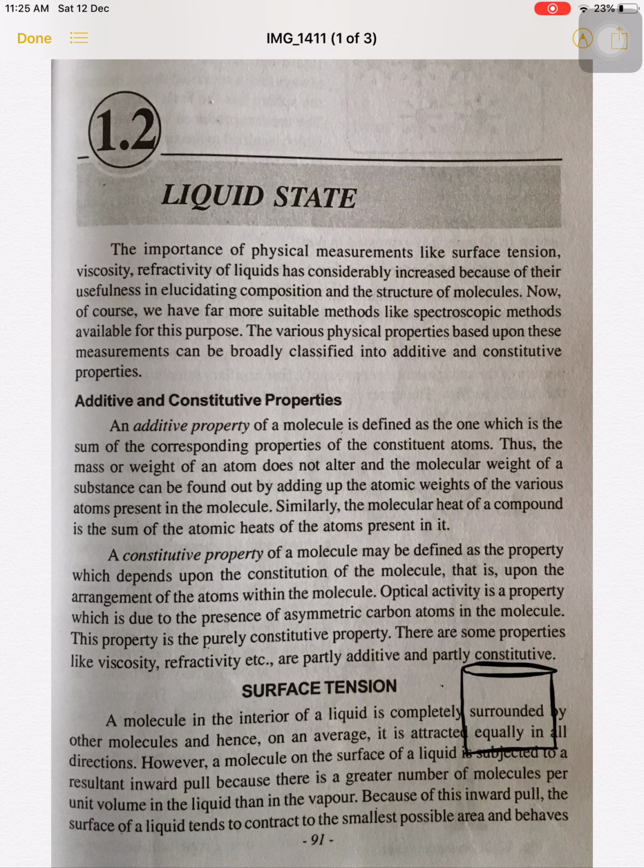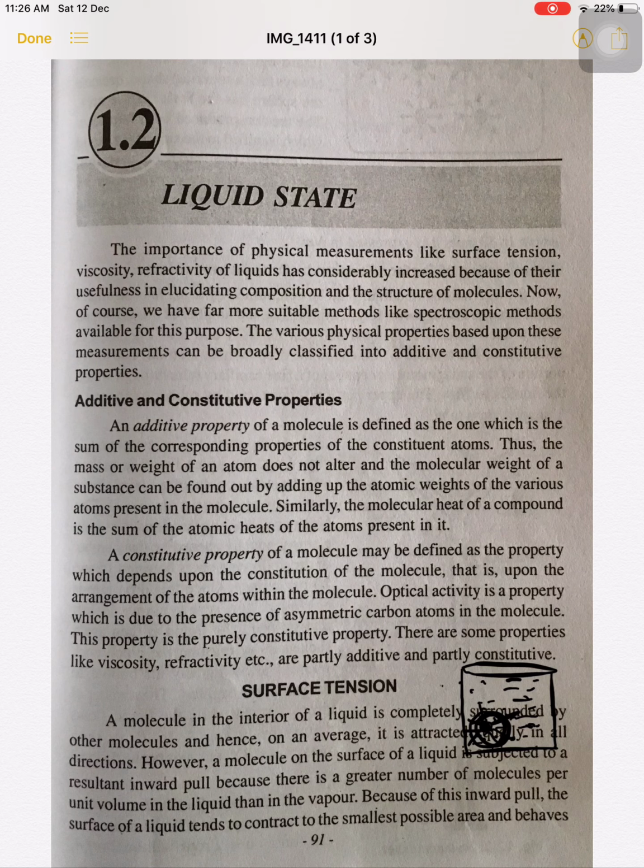So in that beaker, the liquid which is present in the inner part is completely surrounded by other molecules. Suppose this is a water molecule, this is a water molecule. So this water molecule is surrounded by other molecules. Therefore, this water molecule is completely surrounded by other water molecules present in that beaker. And this water molecule is equally attracted in all directions because of the presence of water molecules present in that